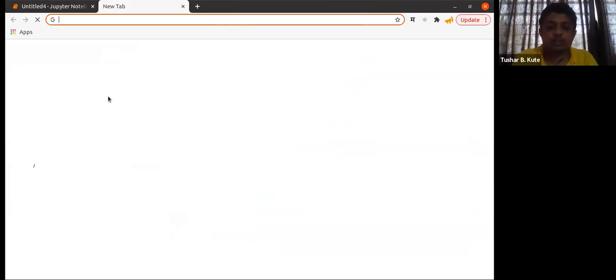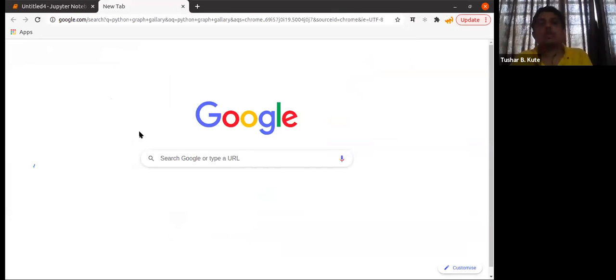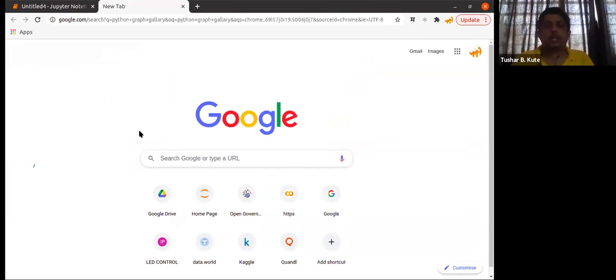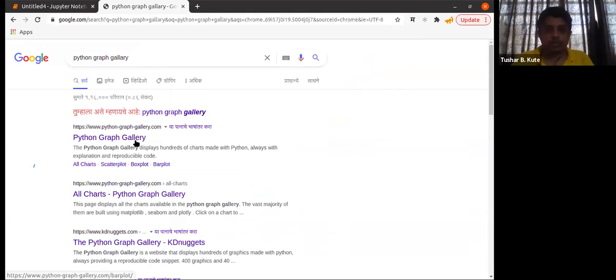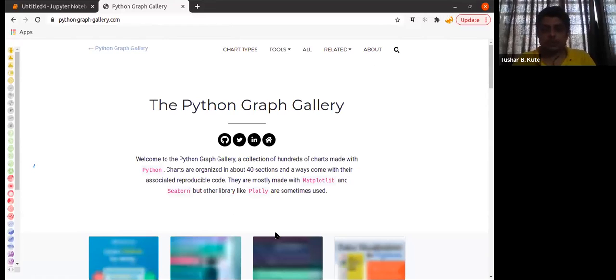Yes. See, just searching in Google, Python Graph Gallery. This is the official website, python-graph-gallery.com, and you can see different kinds of graphs present. So Matplotlib, Seaborn, and Plotly, these libraries are presented here. You can see the kinds of graphs on this side. Okay, check this.